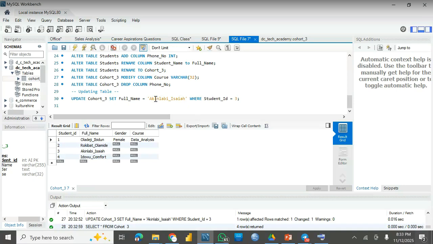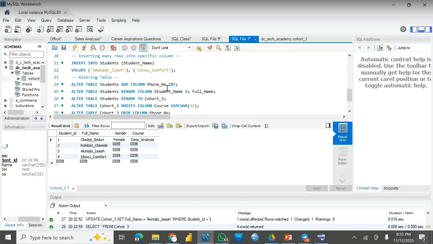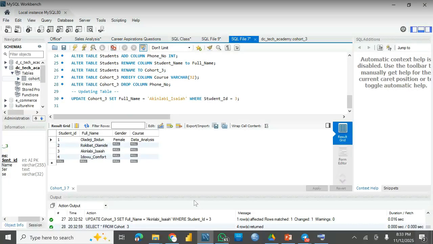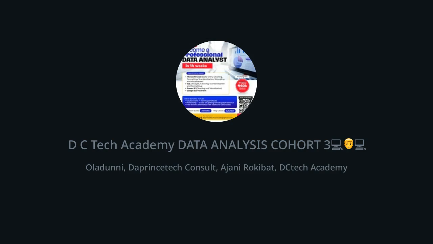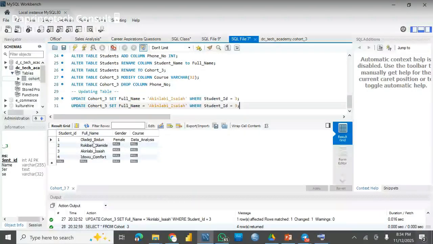I think we want to modify, we want to change things, fine. We want to replace. So if I want to add all this gender and the likes, I want to add it there. So I'll just say update. I want to add gender. You know, we don't have gender there. Update cohort 3, set gender